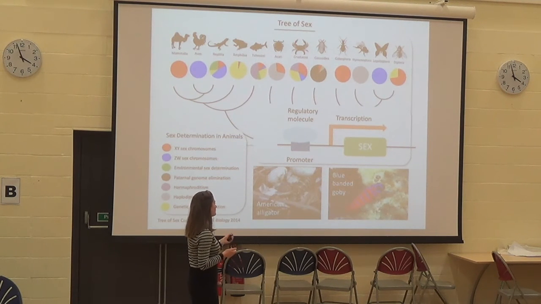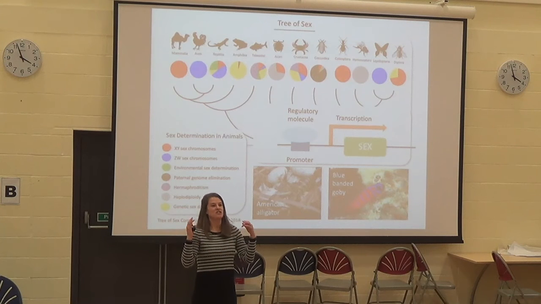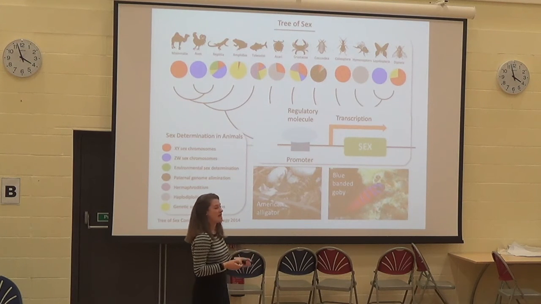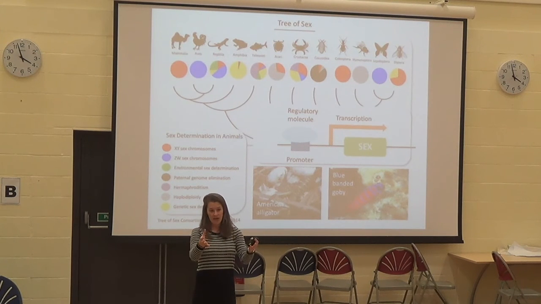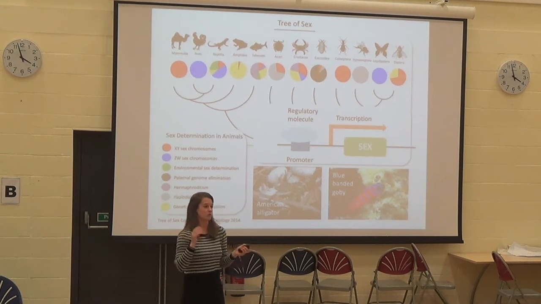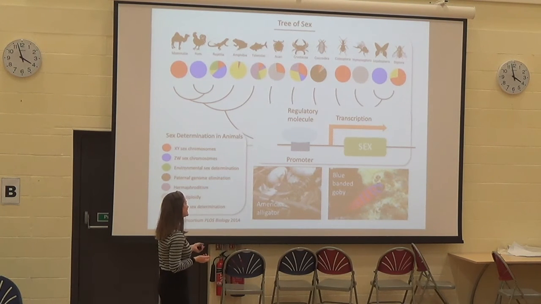But I really like this example of the blue-banded goby, where it's essentially social behaviour and social dominance that determines sex. In this system, they have a dominant male that is very aggressive, and that aggressive behaviour suppresses females from developing into males. So when that dominant male is removed from the population, the largest female immediately changes behaviour and starts to produce sperm in about 3 days. So again, the mechanisms even within these are extremely variable.